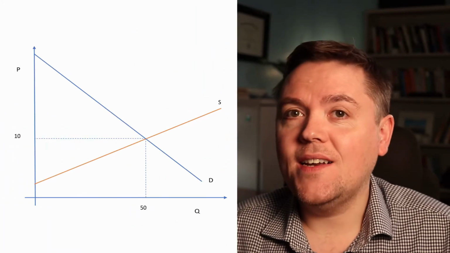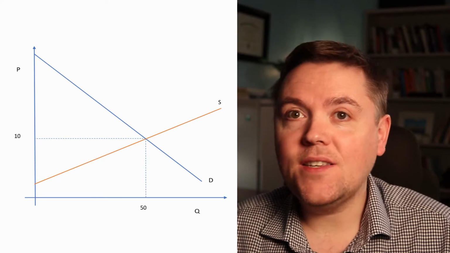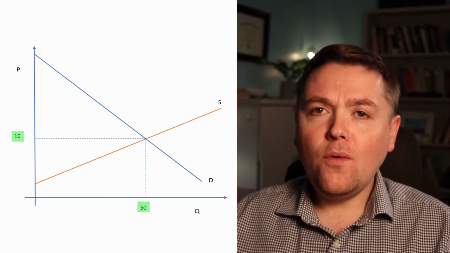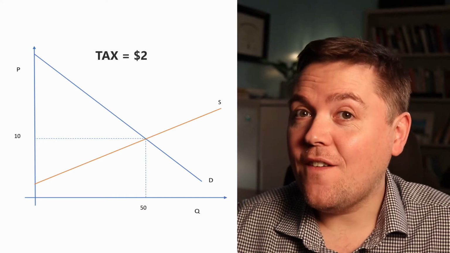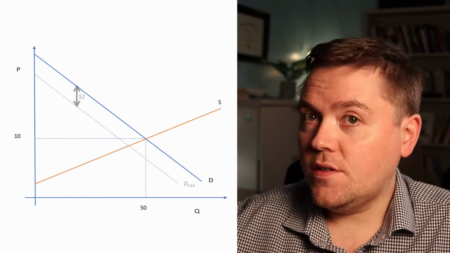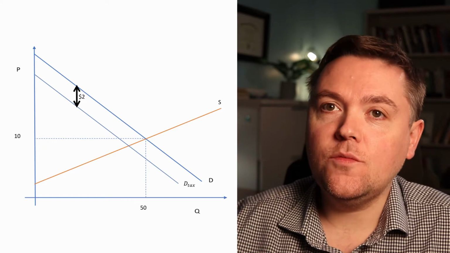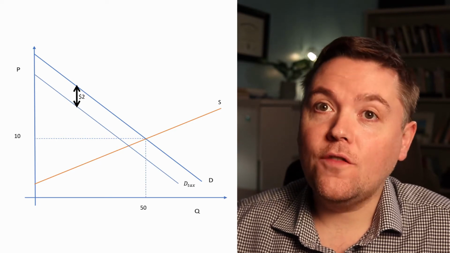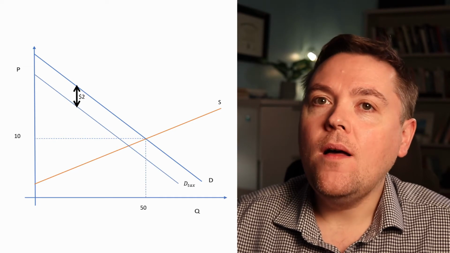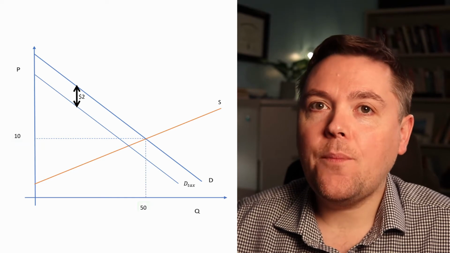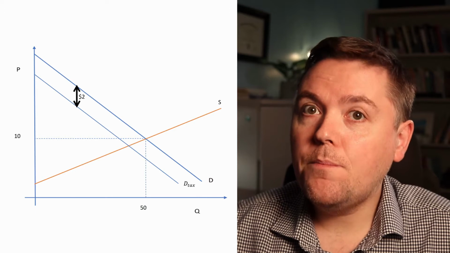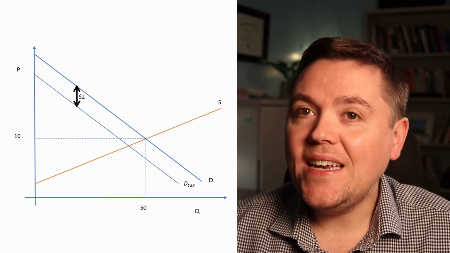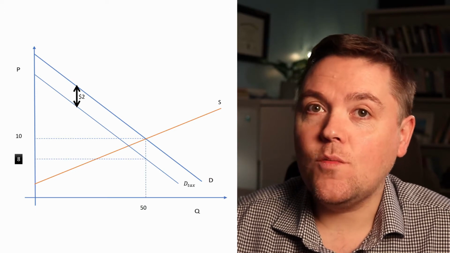So suppose a market is in equilibrium at a price of $10 and a quantity of 50. Suppose that there's a tax of $2 imposed on consumers. Let's examine the effects of such a tax. First, because the tax is imposed on consumers, the tax shifts the demand curve to the left. Why is that? Well, given the original demand was 50 at a price of $10, then if there's a $2 tax, the market price, before paying the tax, would need to now be $8 to get consumers to still buy